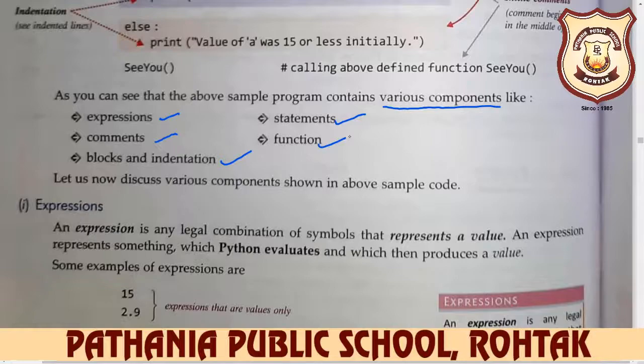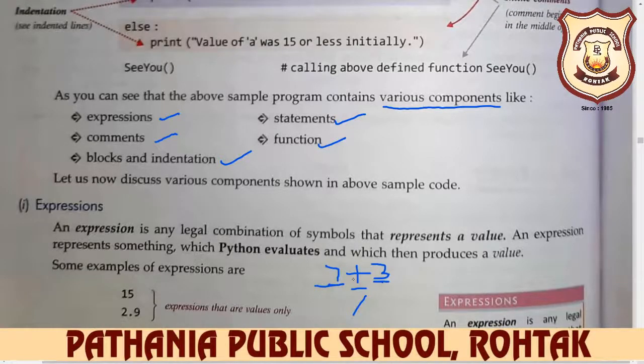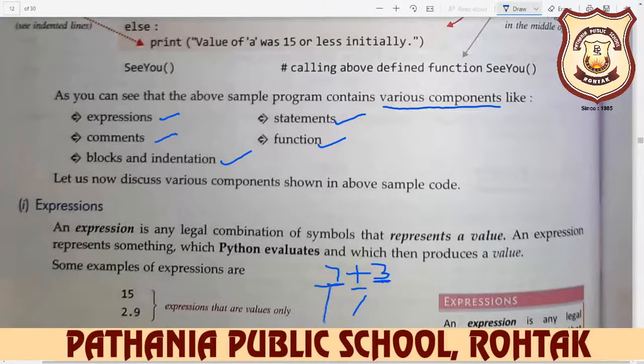What do you mean by expressions? In the previous lecture, we learned operators. And what are operators? Operators are symbols. Like to add two values, we use the plus operator: plus operator, minus operator, multiply operator, divide operator. These all are operators. But when we write 7 plus 3, these values 7 and 3 are the operands, and plus is an operator, and the combination of these operands and the operator is your expression.